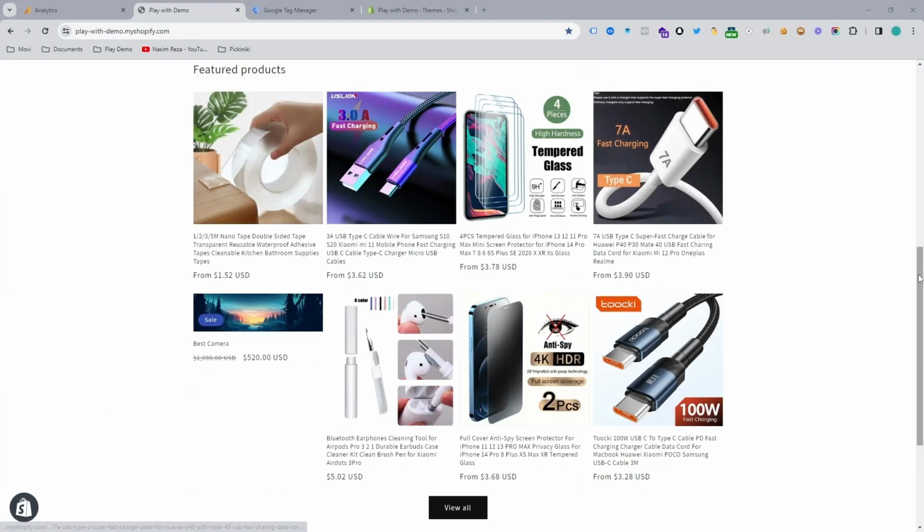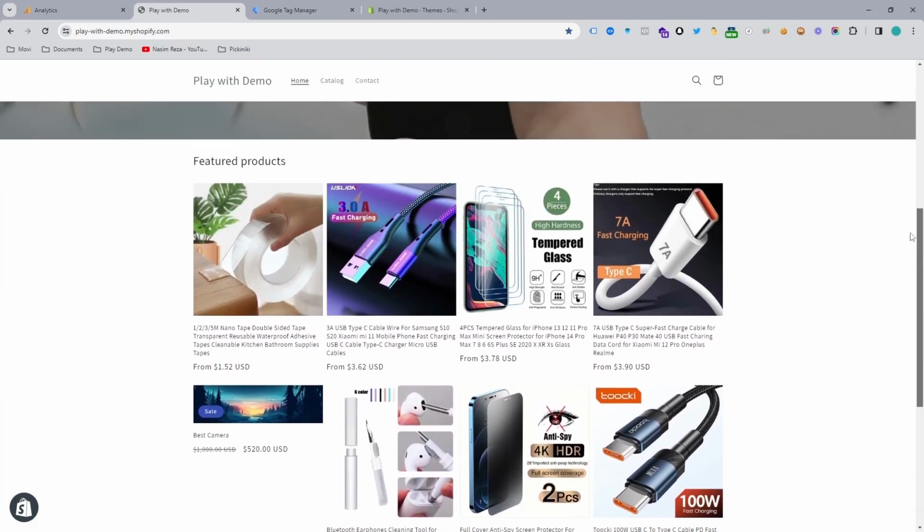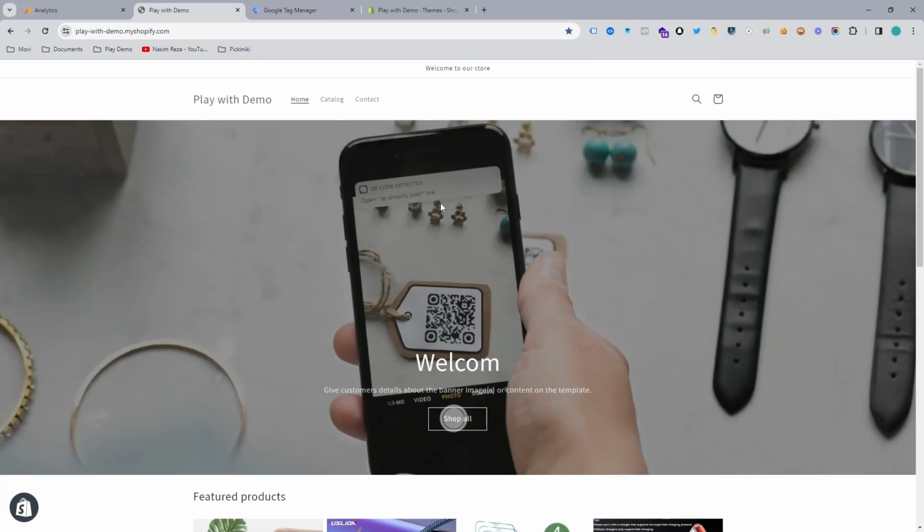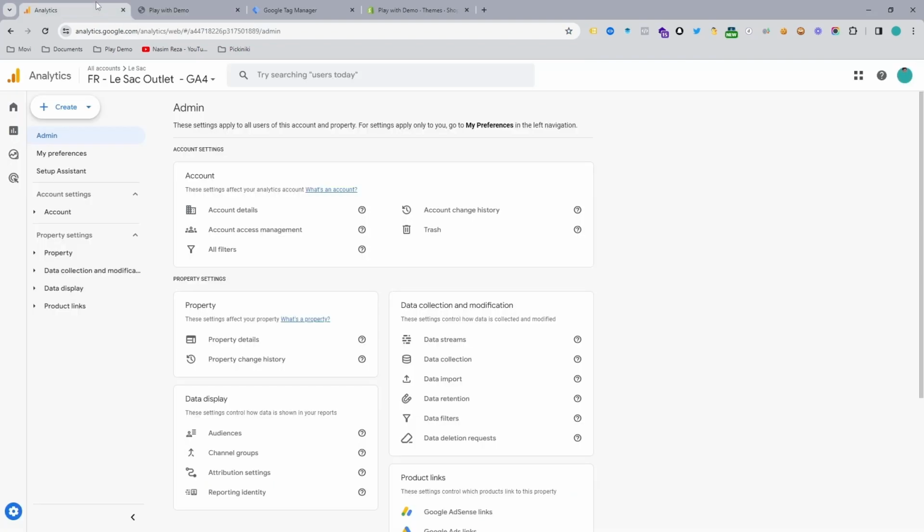This is our Shopify web store and we are going to install GA4. So for installing GA4, we need to open Google Analytics. For example, if you visit analytics.google.com, you will get this kind of interface. But sometimes if you are a beginner, then you will see a completely new website. So if you follow a few simple steps, you can see the option which is Create, and then you can create account. Okay, so for example, I am going to click Create and then Create account,